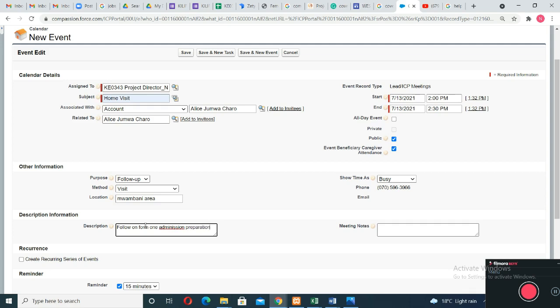I just wanted to follow up and know if the child got the admission letter, and how they are prepared. So we agreed that the caregiver will look for funds to enable the child to transition